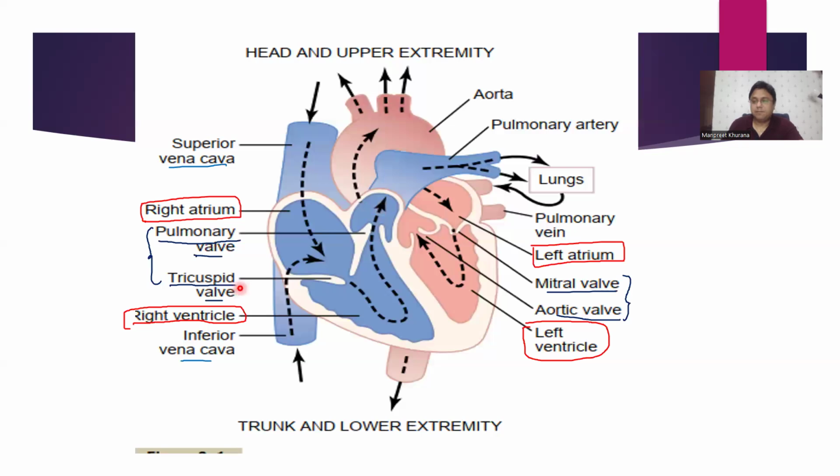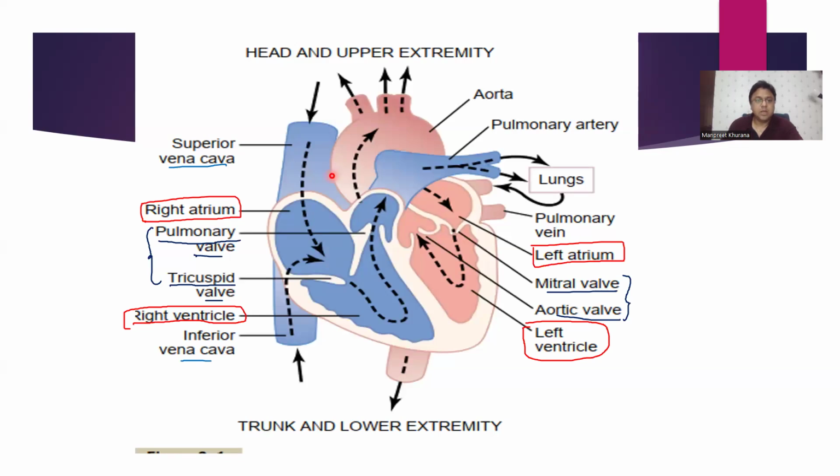So the blood from the entire body, which is deoxygenated blood, is always shown as blue colored blood because the oxygen is taken out, and this reddish colored blood is oxygenated blood. That is, oxygen is there in the blood. Now every cell of the body needs oxygen. So when the oxygenated blood is pumped to the entire body, all the cells take out oxygen, right? And once oxygen is taken out,